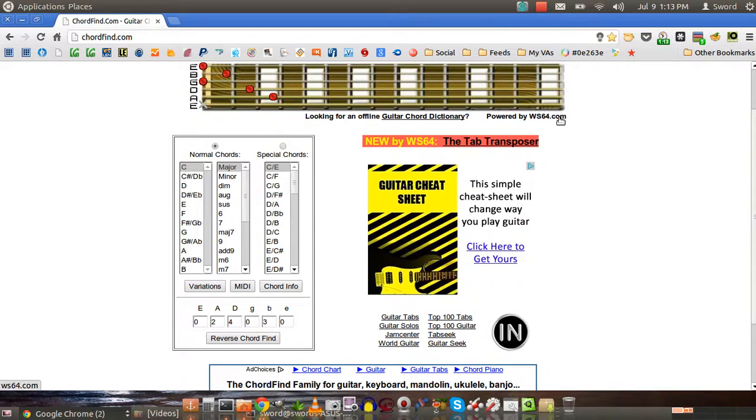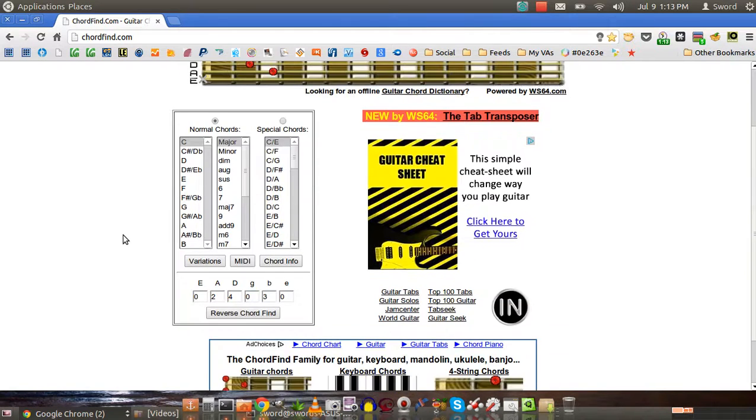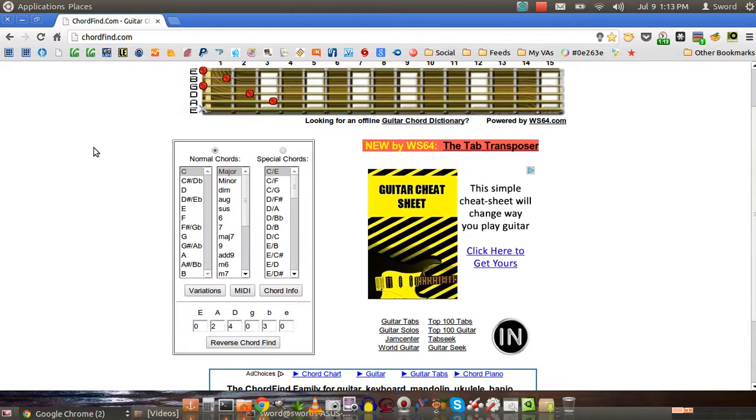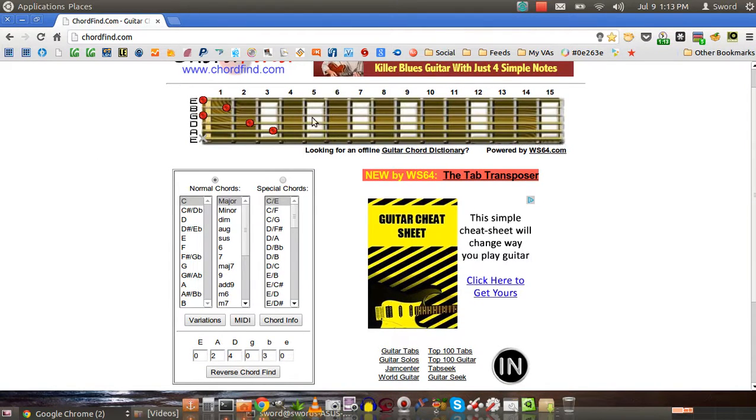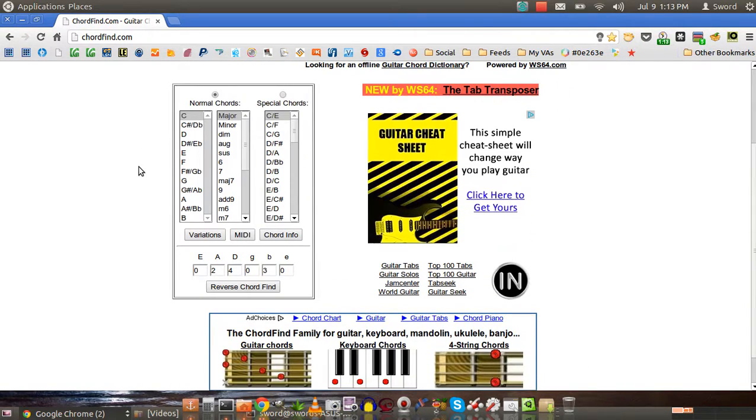Now I'm not going to spend any time going to this site. I don't know what it is, but I'm not going to worry about printing any of these because these are not very printer friendly. They don't look very well. Like I said, there's all kinds of other ones that I'm going to show you in the next few videos of what you could use. But just for the number 5